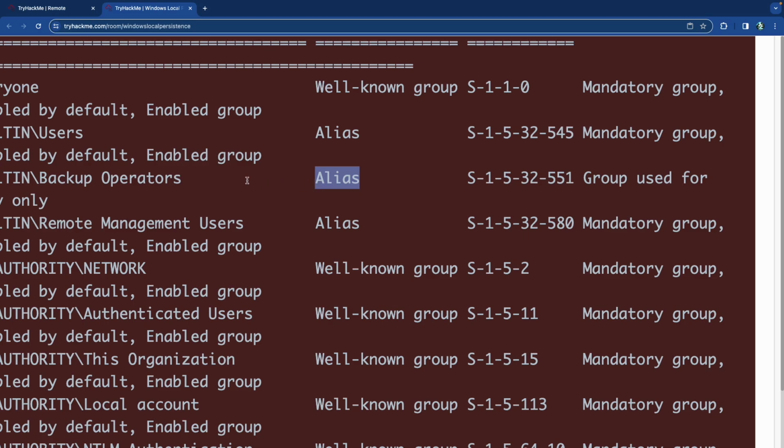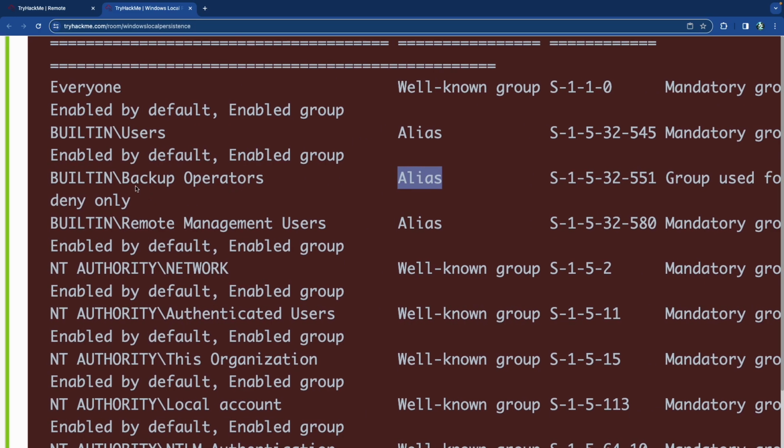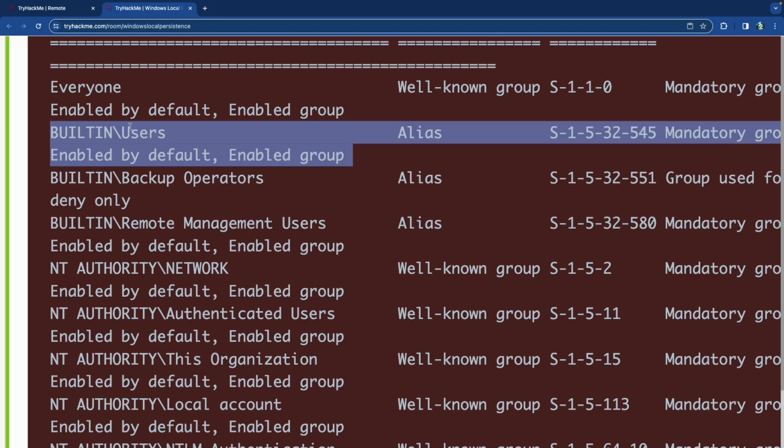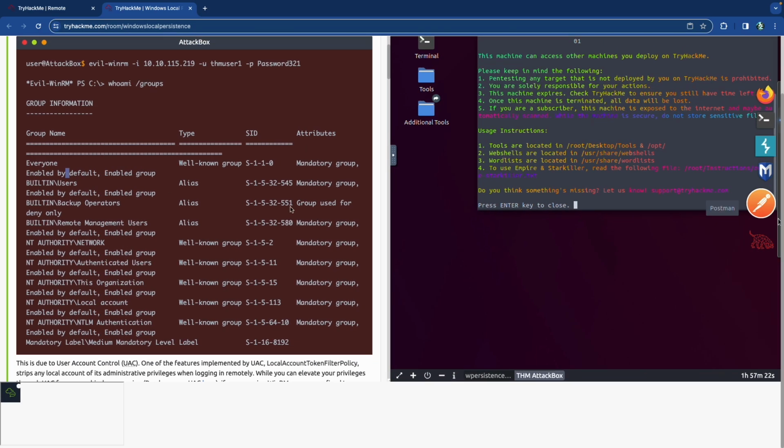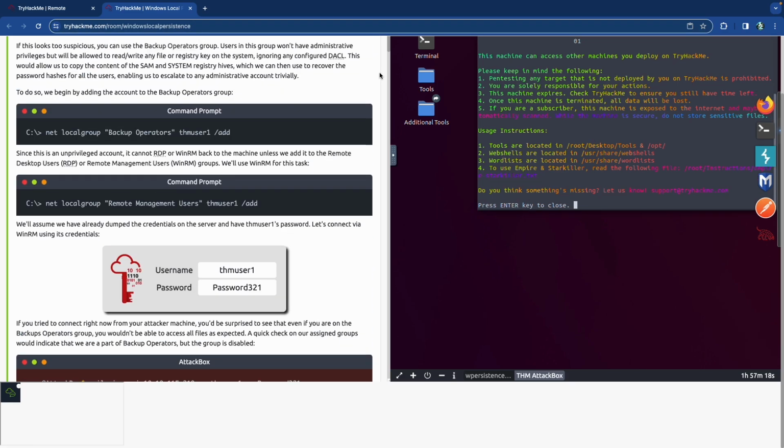Alias, all that stuff is just not available, right? So everything else is enabled by default, enabled group, and so on and so forth, but this is denied. So that's the single group, the one group that is denied. Since that is the unfortunate case,